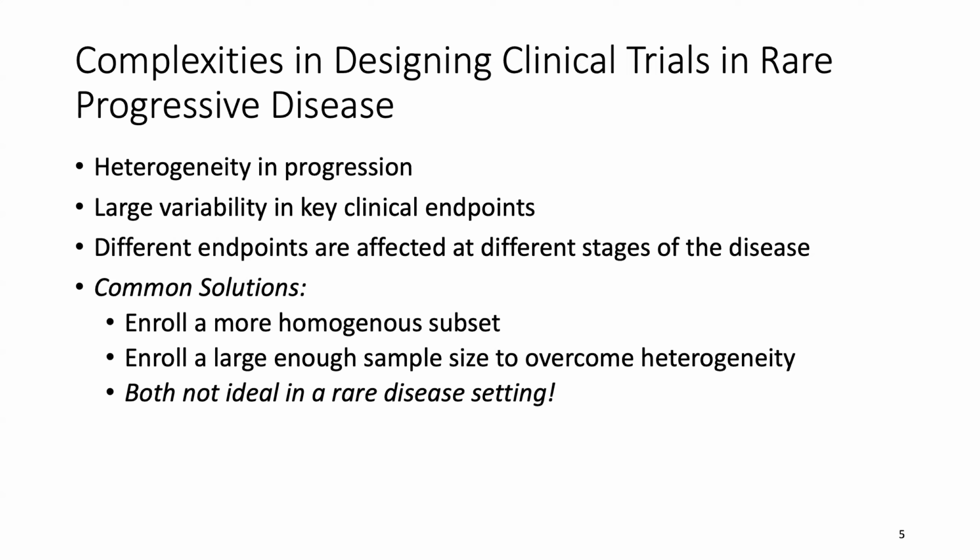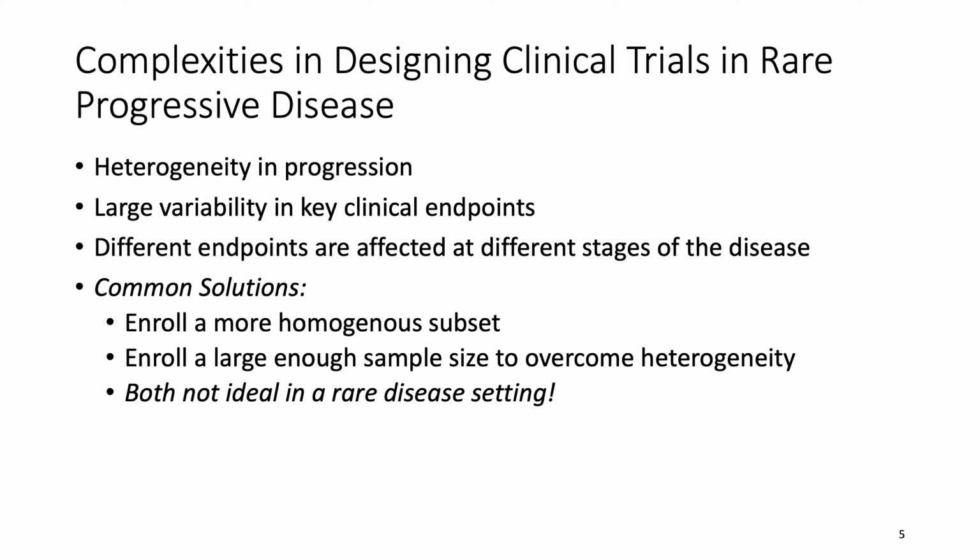Another part is that different endpoints might be affected at different stages of the disease. So in the GNE myopathy case, for instance, if we were just looking at dorsiflexion progression and seeing if we could stop or slow that, we would be missing out on those who had already progressed on that endpoint and were moving on to progressing on a different muscle group. Or in frontotemporal dementia, maybe we are looking at people who haven't yet started to show signs of neuropsychological degeneration. We may want to start looking more at brain imaging to see what we can see in that stage of the disease. So in these neurodegenerative diseases, there might not be a single endpoint that encapsulates the entire disease